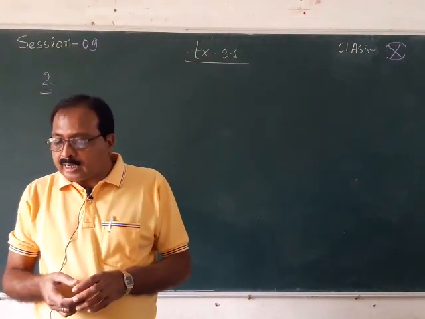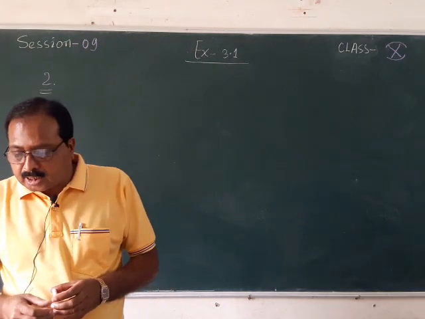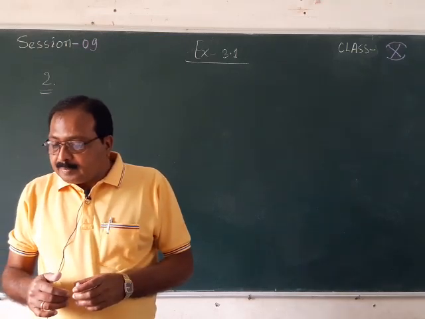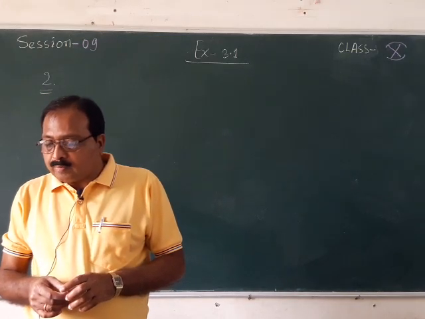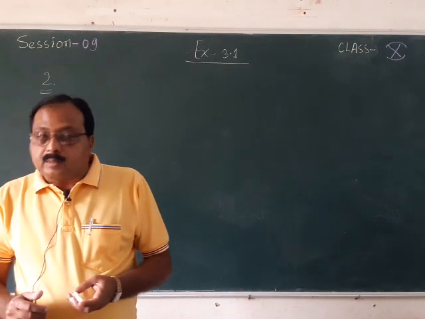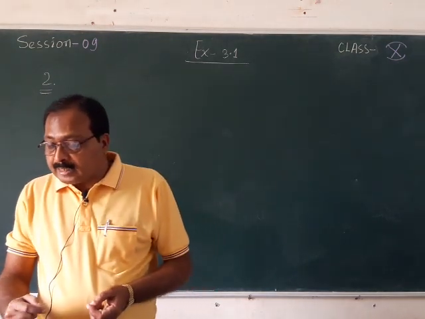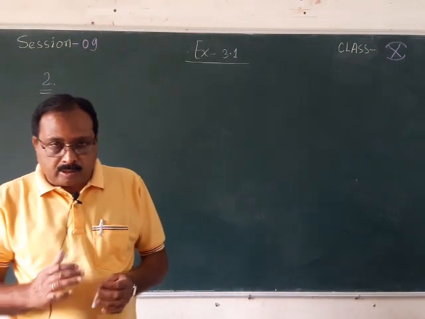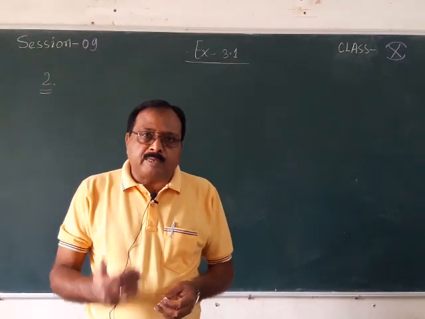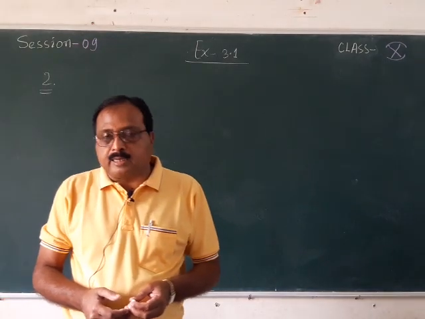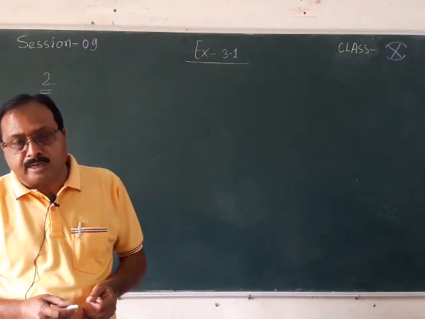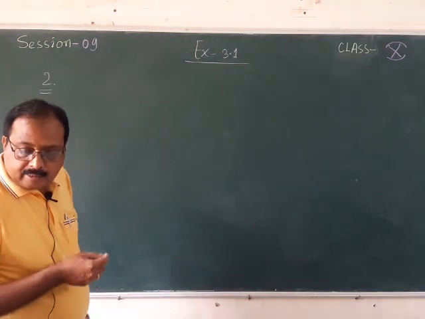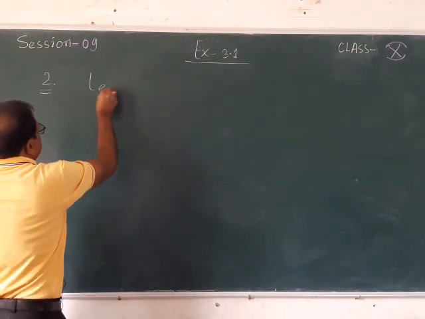The coach of a cricket team buys 3 bats and 6 balls for rupees 3,900. Later, he buys another bat and 3 more balls of the same kind for rupees 1,300. Represent this situation algebraically and geometrically. That means algebraic representation means you are writing the equation, and geometric representation means you are drawing its graph. So in question number 2, you need to write, let